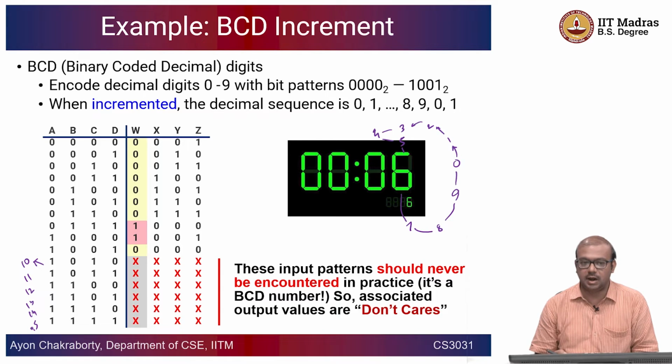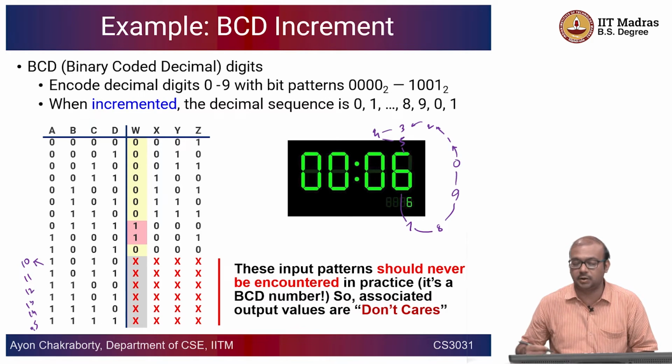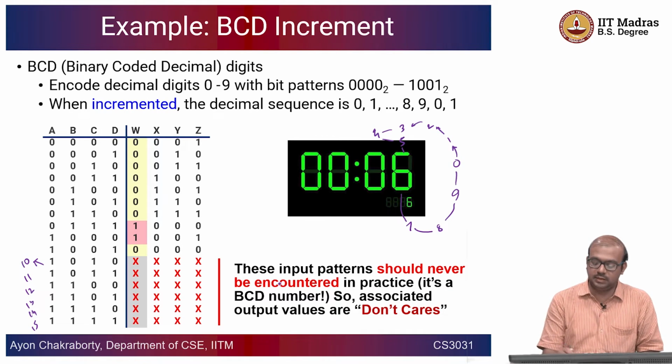So, the outputs should be unexpected, and the designer or the customer who wants to use this particular circuit in his or her own design should be okay with that, right, because in a BCD increment circuit, you are not expected to give an input which is more than 9, okay. If it happens that you give one, then it is your responsibility to not interpret the output. So, this pattern should never be encountered, and this could be associated with don't cares, maybe for simplifying the circuit,